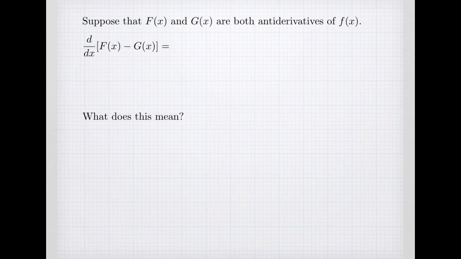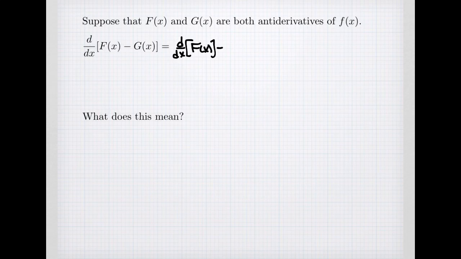So suppose that I have two functions. I have big F and big G, and I'm going to say that both of them are antiderivatives of the same function. Now they might be the same function plus a constant, but I don't know if that's really true, and I want to see if there's any other possibilities. So what's the derivative of their difference? Well, the rules of derivatives say the derivative of a difference is the difference